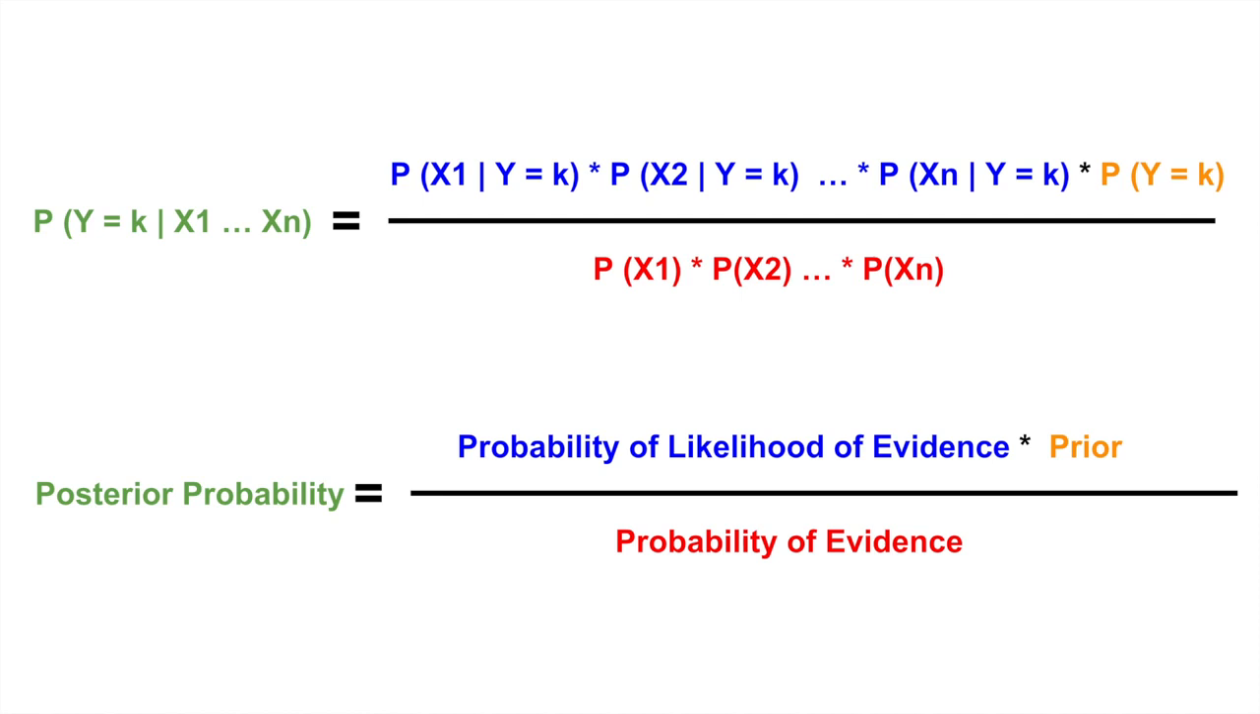On the right-hand side of the equation, it has two terms in the numerator. The first term is called the likelihood of evidence, which is the conditional probability of all x's given y. Since all of the x's are assumed to be independent from each other, the algorithm will multiply the likelihood of the x's, which is the probability of likelihood of evidence. The second term is called the prior, which is the overall probability of y equals k, where k is